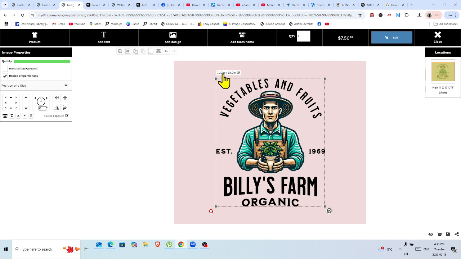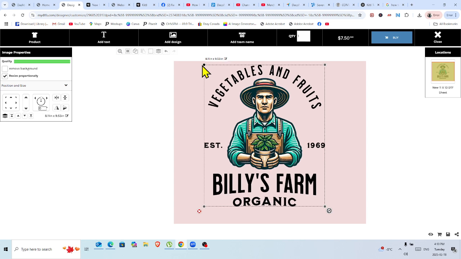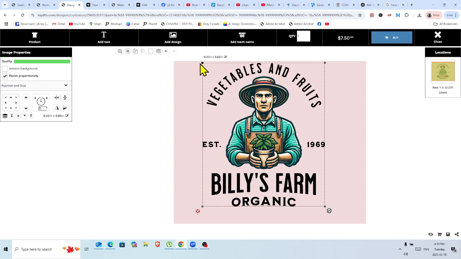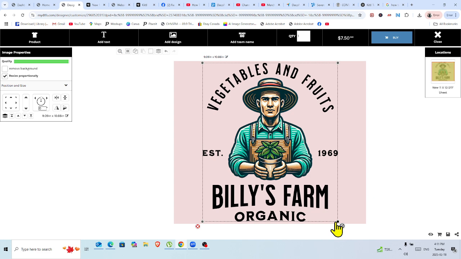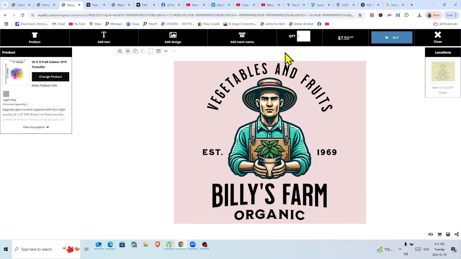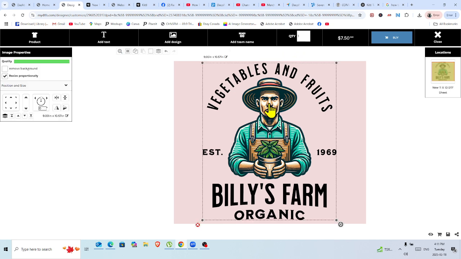So as we can see, this isn't the right size, but we're going to make it 9.2. It was like 9 something, was it? I can't remember. But anyways, that's 9. And remember, we can change it up here. Make sure this is ticked so that when you resize it, it does the width and the height proportionally. So we're going to do 9. And because we fixed our bounding box,